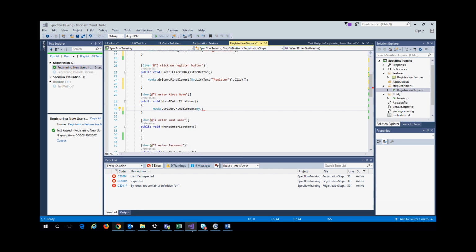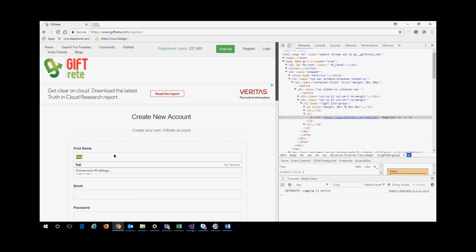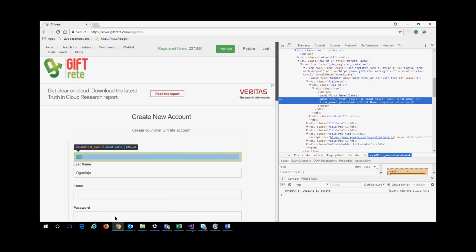So we go back to our web page. This is the first name. Right click on that text box, inspect. It's a text box and it's got type text. We don't need that. It's got a class, so you can as well use the class name. But to be honest, class name is not the first thing you should use. It should be even the last thing, because